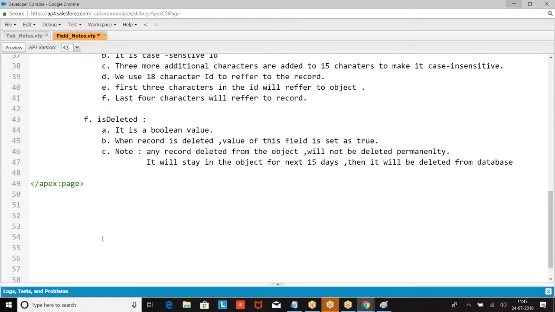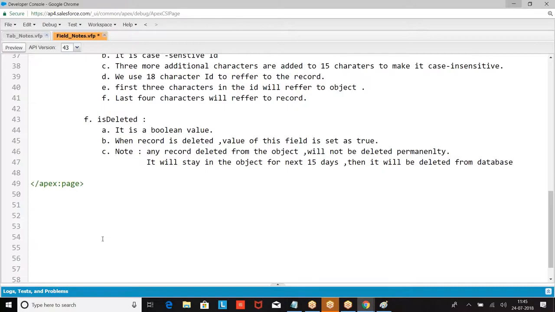So that when you delete a record that has an ID, when you undelete, the same ID has to come. That is the reason when you delete the record, the record is still in the database, because here ID is the primary key. When you delete the record, if the ID is lost, then getting back the data is also of no use, because everywhere I am referring with the ID only. After 15 days, the record will be deleted permanently.